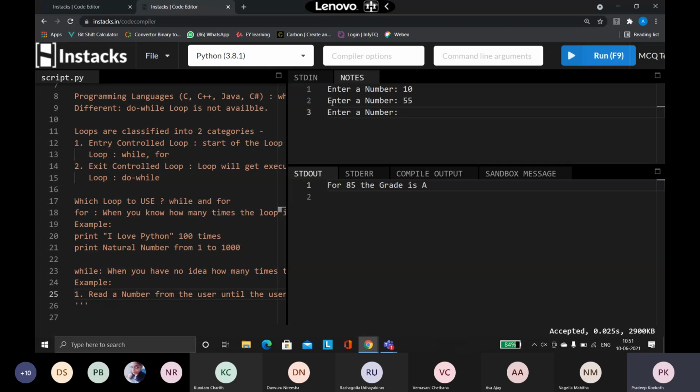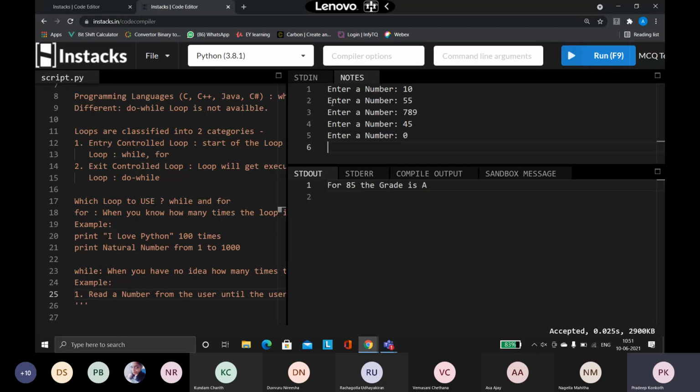Again it will ask me, enter a number. So again something else, again enter a number. This process has to keep on going until the user enters 0. Once the user enters 0, the loop will stop. It will not ask me again.